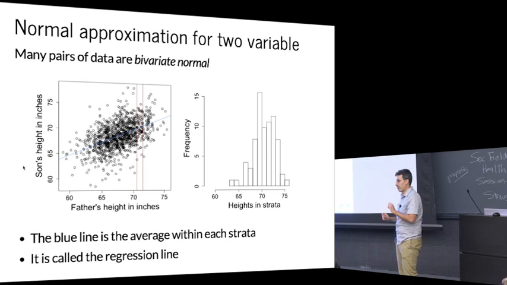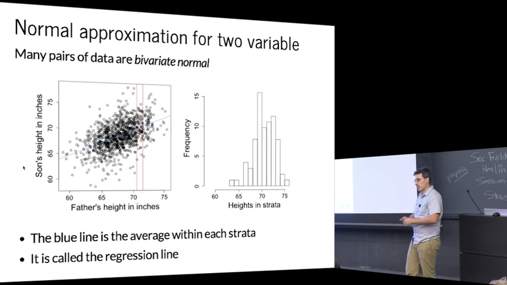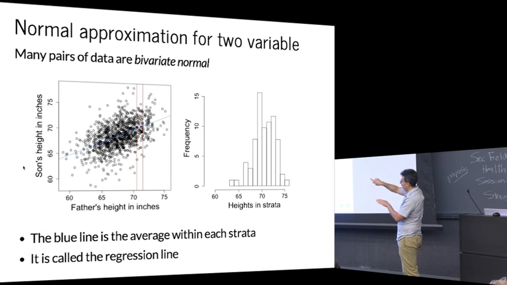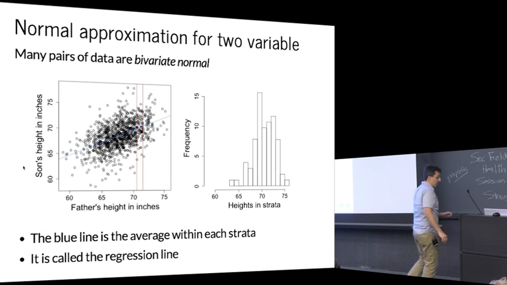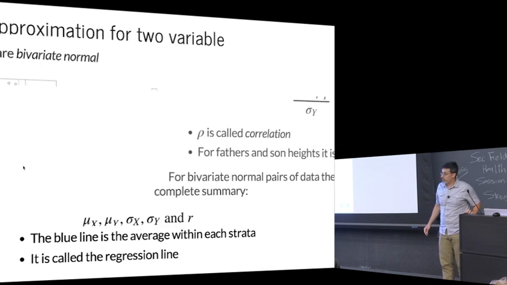How many have heard of regression? Good. It's called regression because of this picture, because the statistician that first looked at this said, hey, the sons regress to the mean. They go down towards the mean. So that line is not an identity line. It's slightly lower. And the slope of that line,